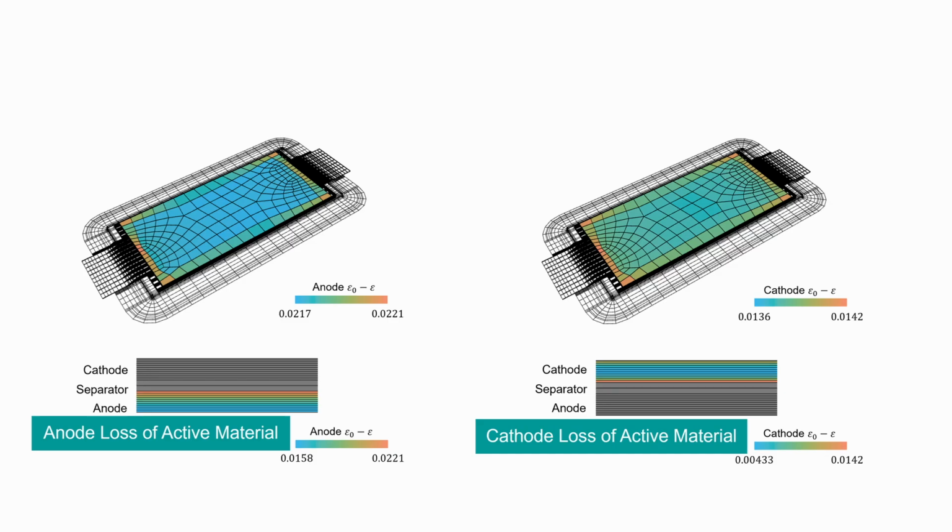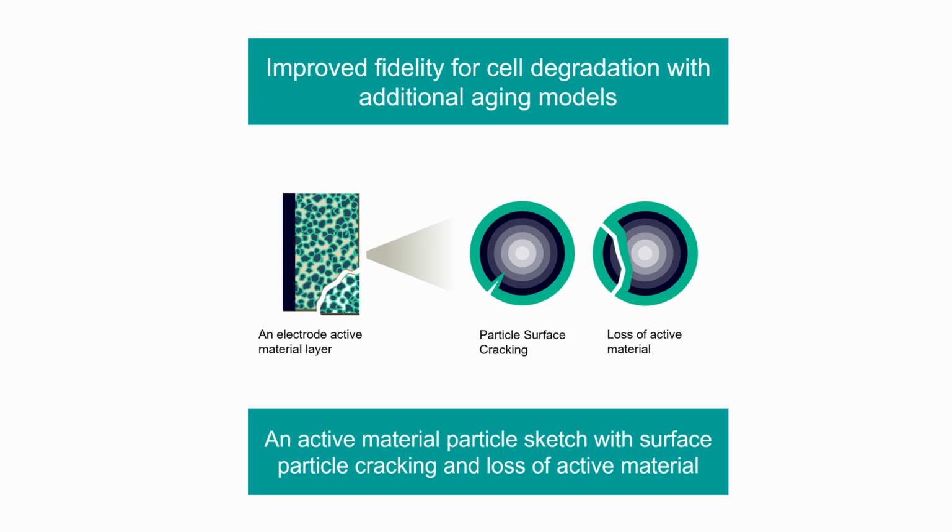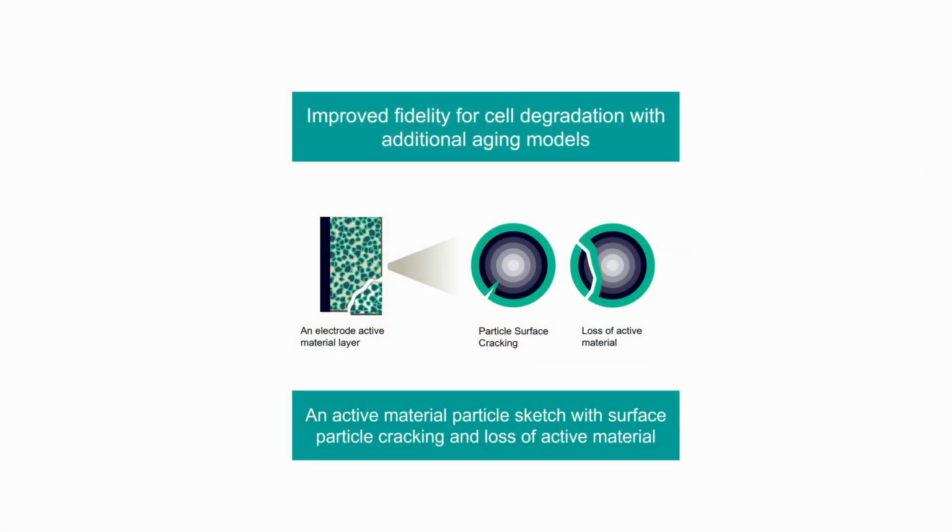If we think about what we have in particular in this release, then we have two new aging mechanisms that account for the mechanical loss of the active materials inside the battery as well. In particular, these are subgrid particle models. One is the loss of active material, and the second is the surface crack growth model as well. So you can actually start to understand how cracks can grow within the electrodes of the batteries.